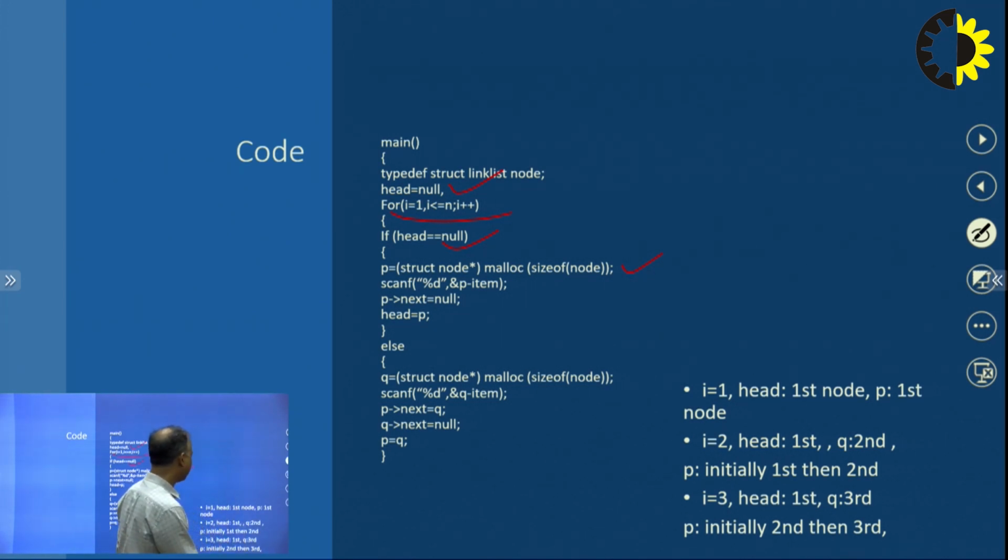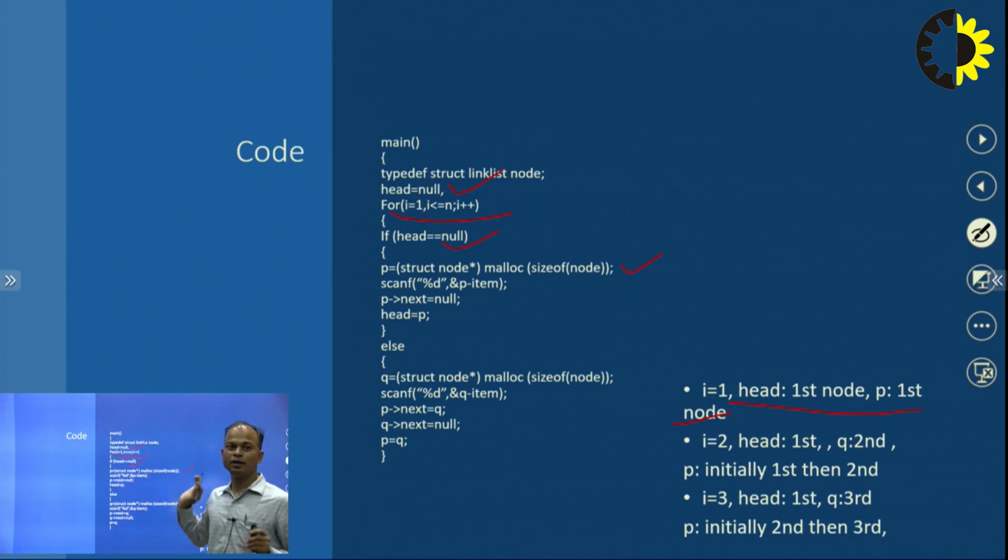I have also written a few lines here. For i equals to 1, head is pointing to the first node and p is pointing to the first node. So p equals to this. We have created node 1 and the address of that node is assigned to the pointer p. And we are giving the value here, p arrow item. The item part of the first node is given here, and the next part of the first node is null, and head equals to